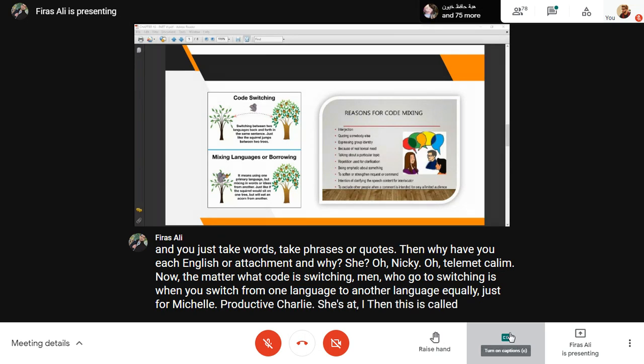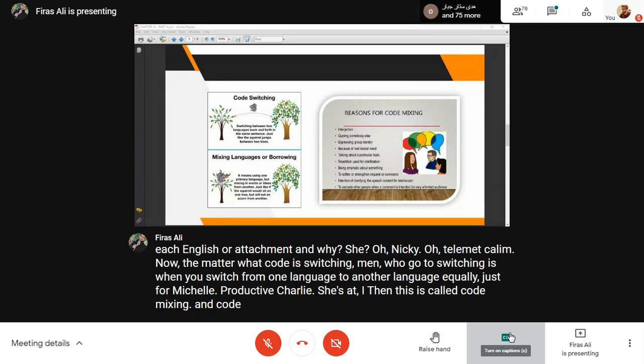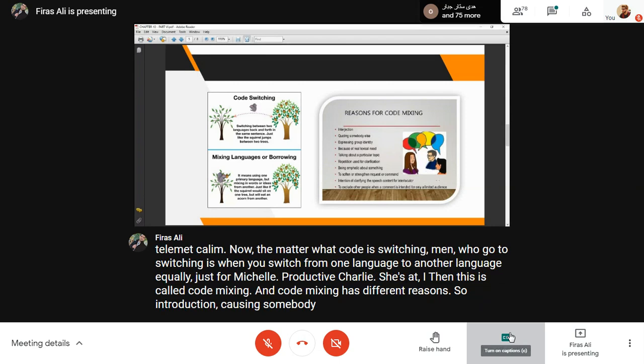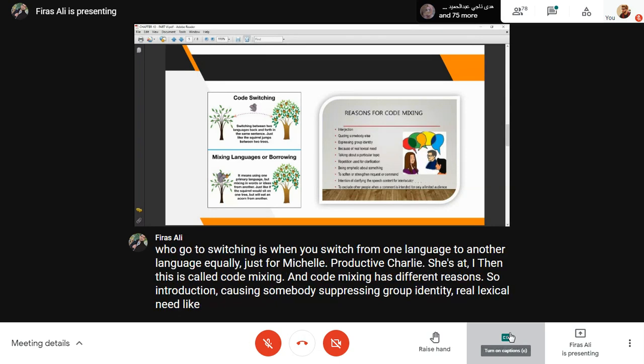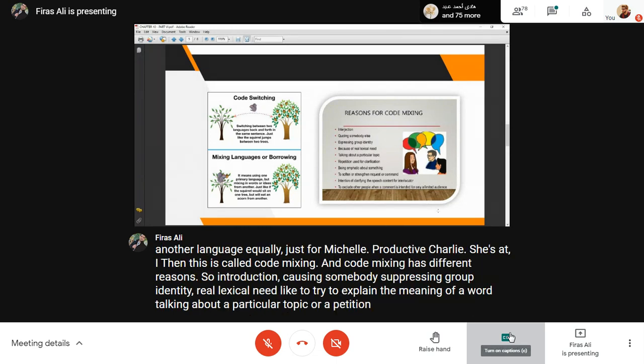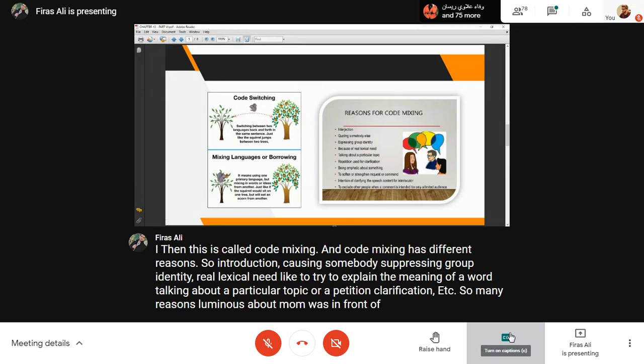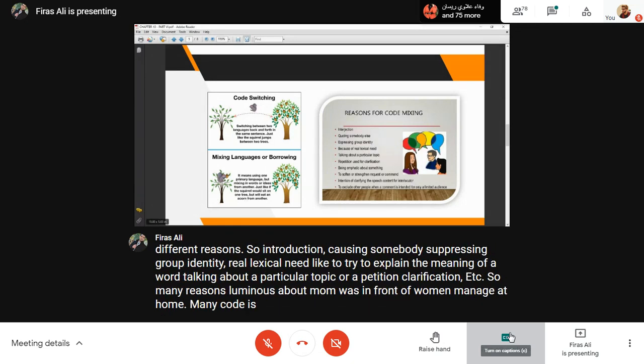Then this is called code mixing. And code mixing has different reasons. So interjection, quoting somebody, expressing group identity, real lexical need, like to try to explain the meaning of a word, talking about a particular topic, repetition, clarification, etc. So many reasons. By the way, there is no difference in your curriculum between code switching and code mixing, but I put it here